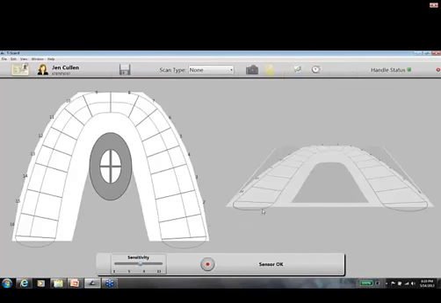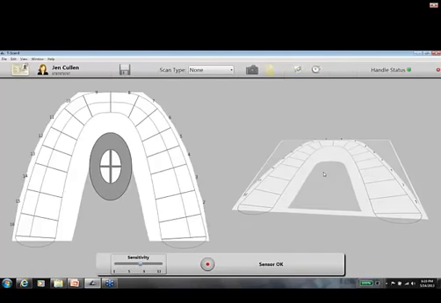And I'm going to press New Scan. So this is T-scan 8, for some of you that might have seen an older system. This is the new system that's out. And what you're looking at is on the screen,